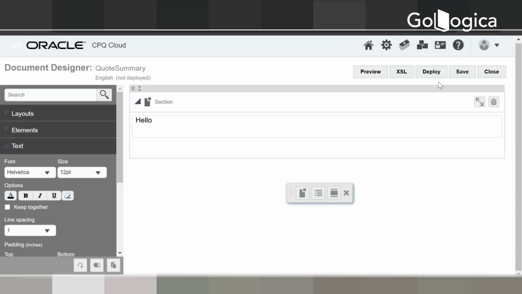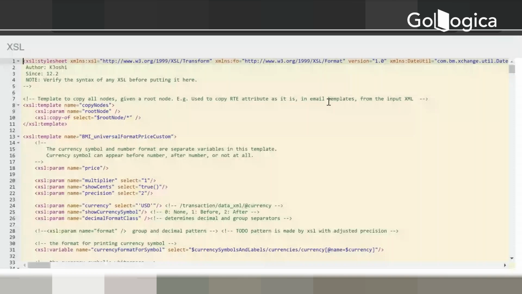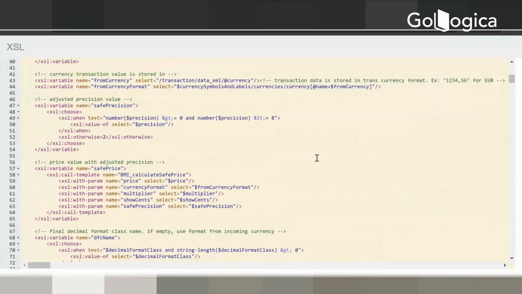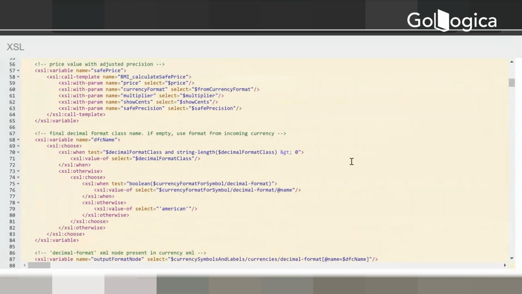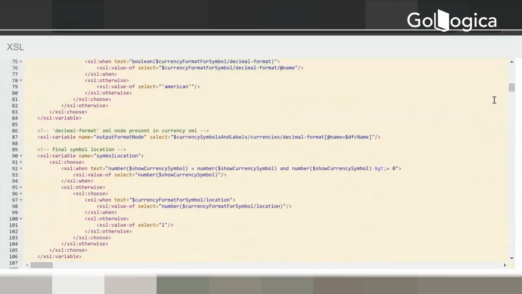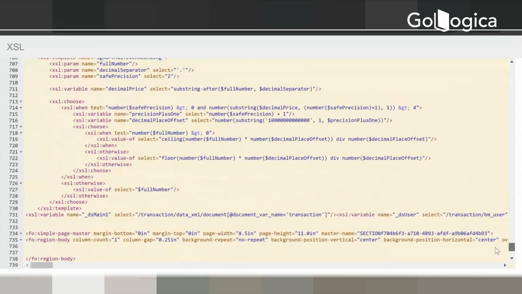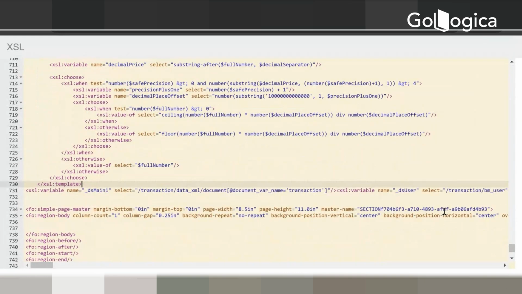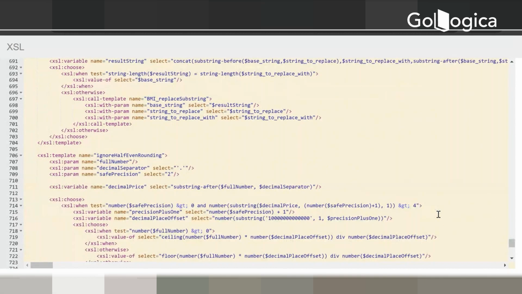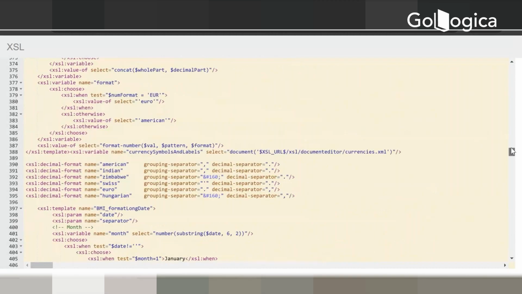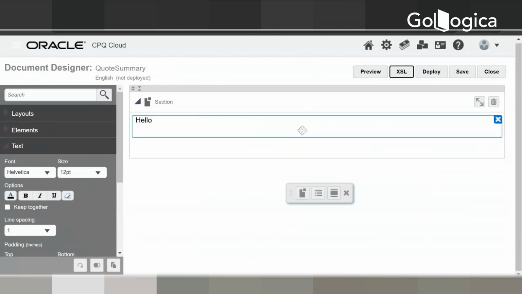Now click on the XSL button, right side top. This is the XSL logic of your document. Whatever you build here is converted into an XSL script. So if we want to include any logic here, we should write it in the XSL and embed it there. Where we write that XSL logic: go to the previous tab, the document is in the fourth tab of your browser. Similarly to how you add images, text, tables here,